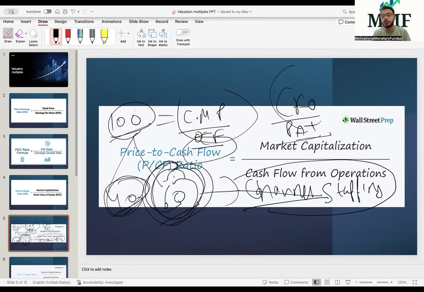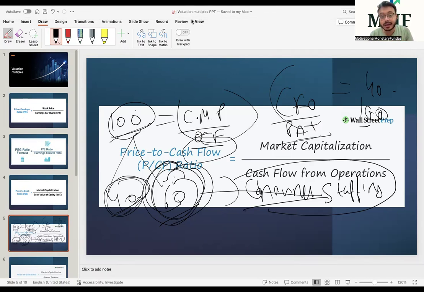So, for example, if the CFO to PAT ratio for a company is 40%, it means the company is able to convert 40% of its PAT to cash flows. अगर कंपनी का प्रॉफिट 100 रुपए का हुआ है, if a company has made a bottom line of 100 crores, 40 has been converted to cash flow from operations, not the total cash flow from the operations. CFO में 40% कन्वर्ट हो गया है, and that's really very good, and that is something we want. At least bare minimum 40%. तो PAT कन्वर्ट कर लो, correct, and that is something we want.